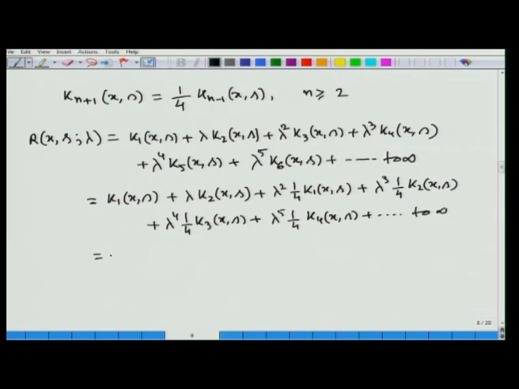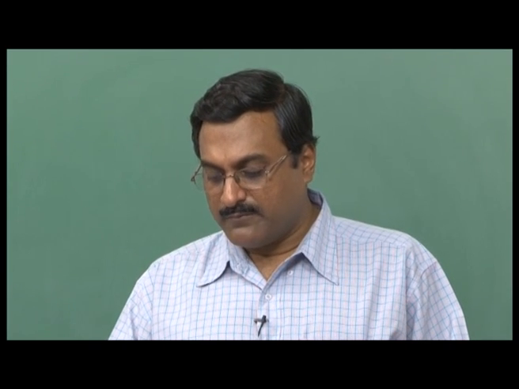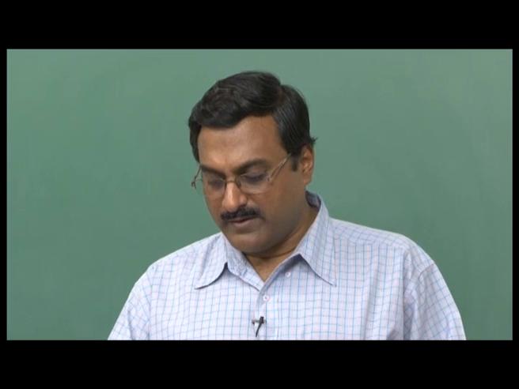Then using the result in last two terms, that is k3(x,s) is equal to 1 by 4 k1(x,s) and k4(x,s) equal to 1 by 4 k2(x,s),